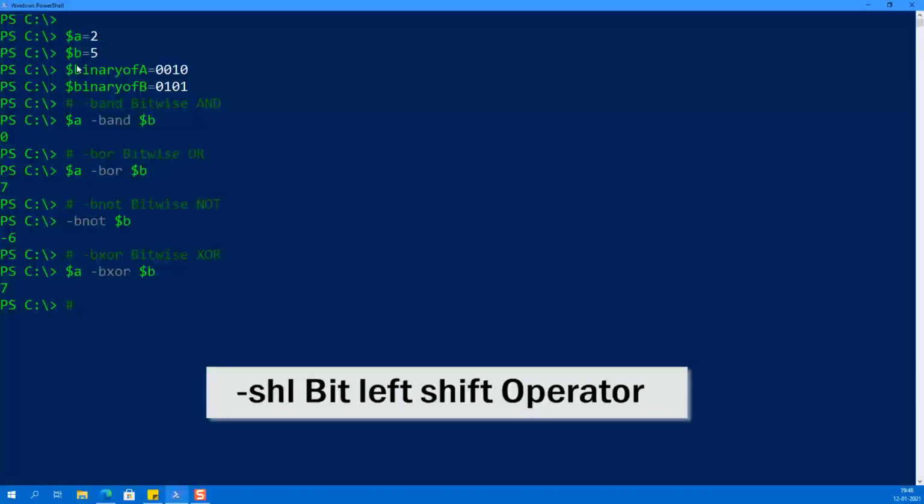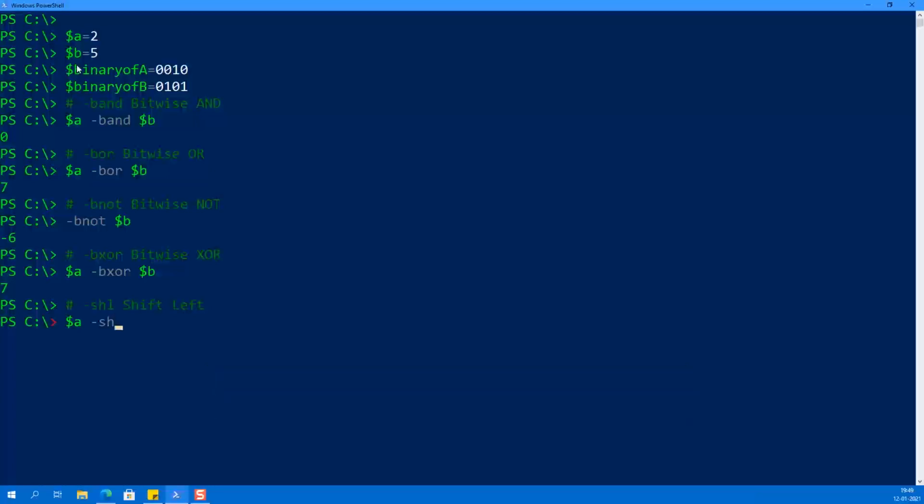Our next operator is -shl, which is also called the shift left operator. What happens in this case is that it shifts the binary representation to the left-hand side. Whatever spaces are left blank are replaced with 0 values. As per the example, we are going with the $a variable: $a -shl 2.